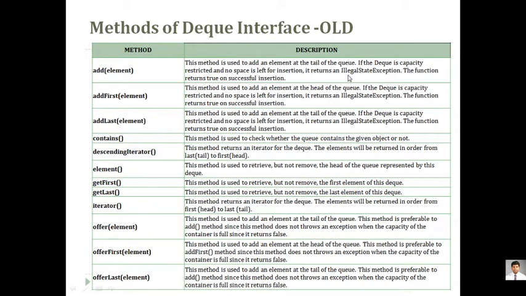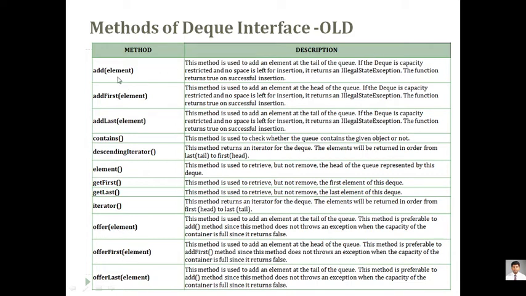If you are creating an array and adding an element, and you are restricting the array or a list or a queue to some size, and still you go for addition, then in that situation we throw an exception called illegal state exception. If you don't want this exception to be thrown again and again, it is always preferred to go for an